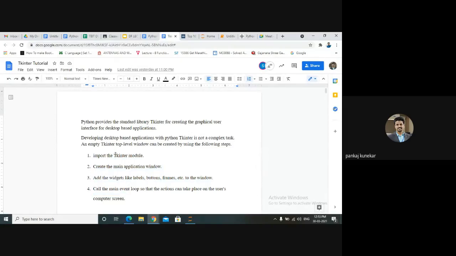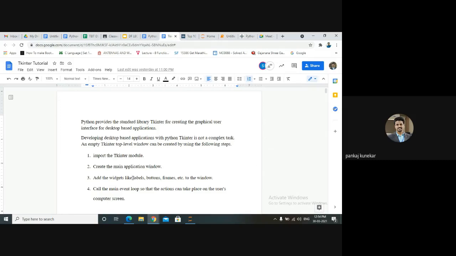The first thing, you need to import the Tkinter module. Then you need to create the main application window, that is, you need to create an object of your Tkinter class. Then you can add different widgets. What is meant by widgets? Widgets are like labels, buttons, all the controls and components that we can add into your GUI application.